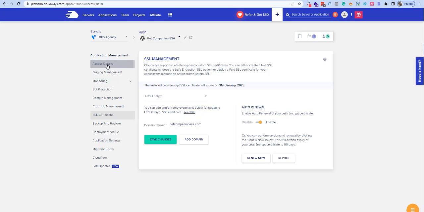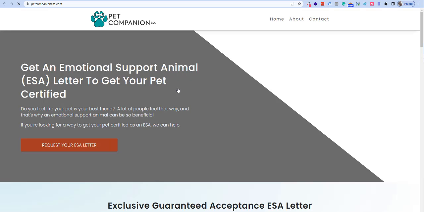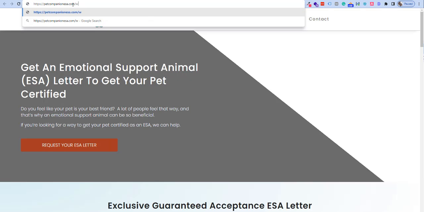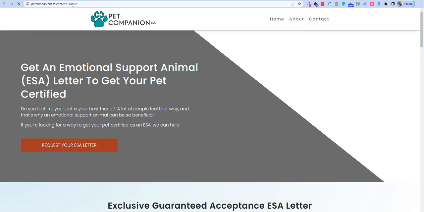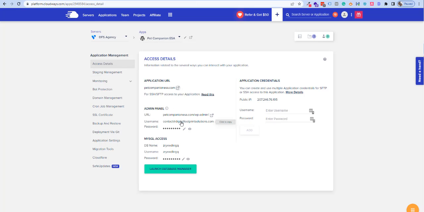All right, so let's go to access. And then what we're going to do now, we're going to see if our website is live. So now our website should be live on petcompanionesa.com. Now, once the migration is done, there are times you may not see the images. That's because everything is not yet updated.